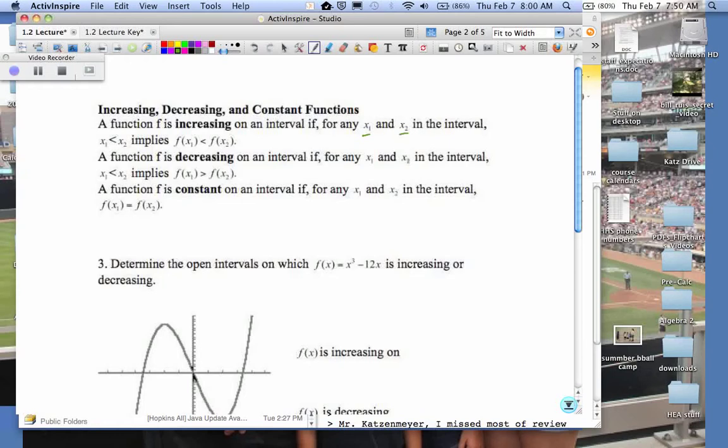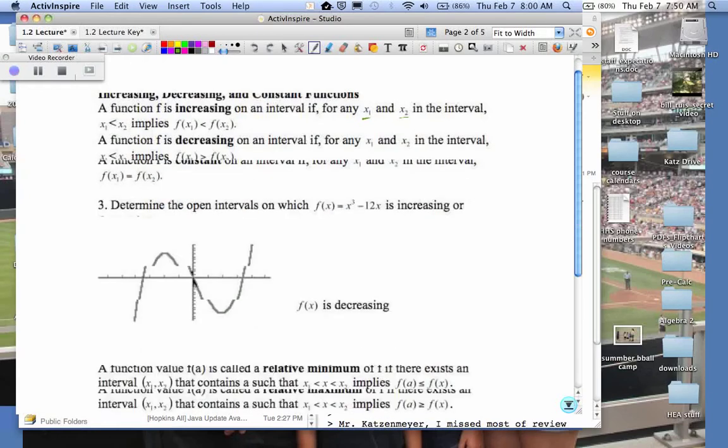Well, if the output for x1 is smaller than the output of x2, the function is increasing. So the math mumbo jumbo, I call it, it gets a little bit confusing, but that's how you're supposed to read this. Pick an x, pick another x. Where's the first output? Did I go up or did I go down as I moved to the second output? So